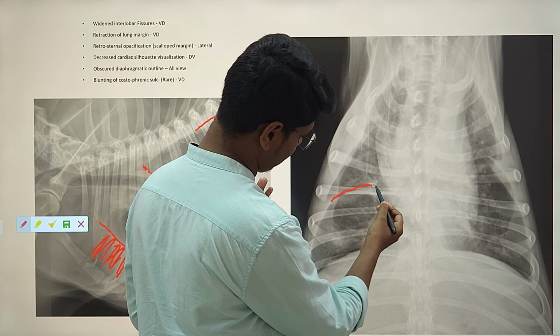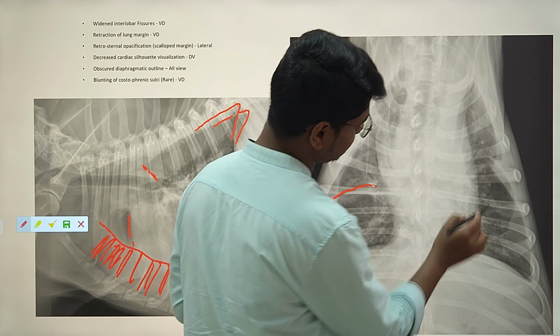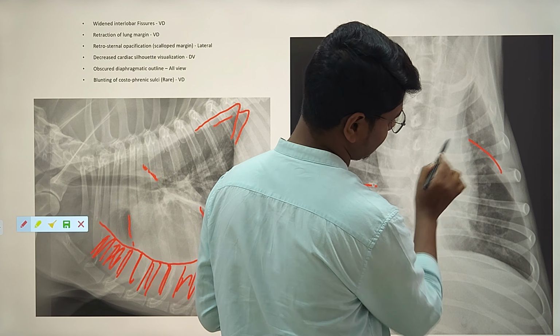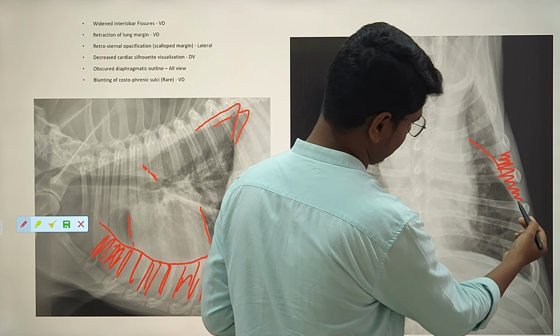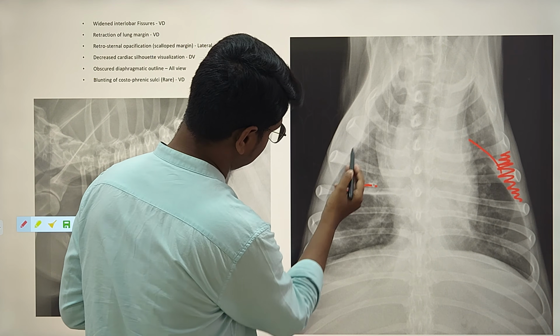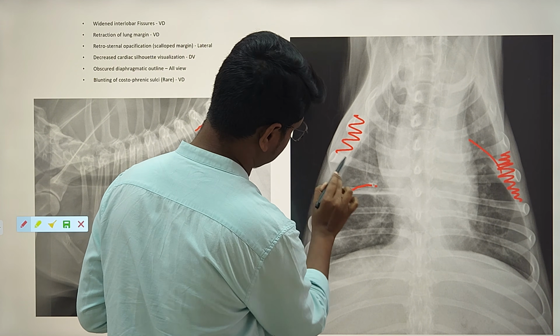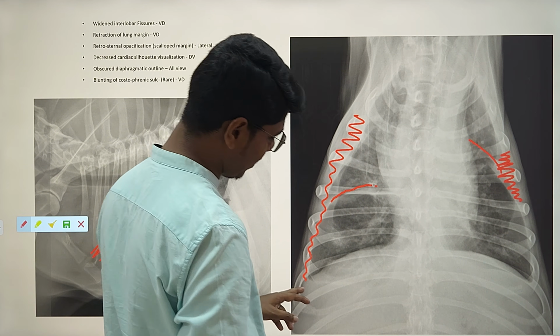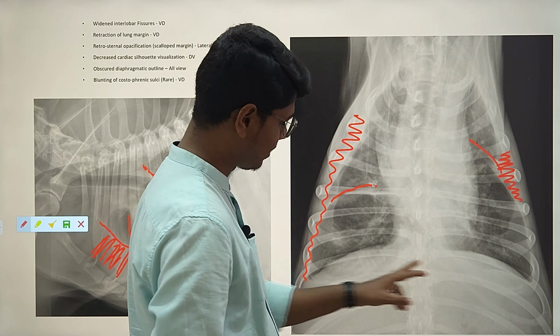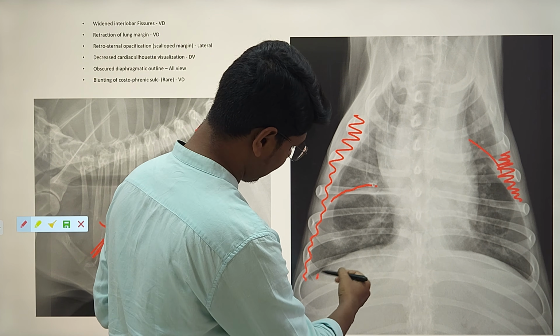You see here is one fissure, very nicely seen, and you can see that there is lung retraction from the thoracic wall here. Here is very nicely visible. You can see these regions, and remember the diaphragmatic outline. Okay, it is slightly opaque,